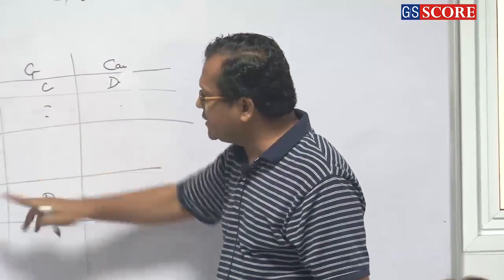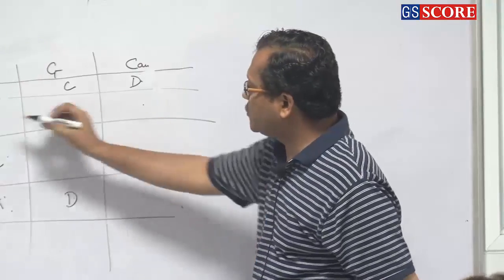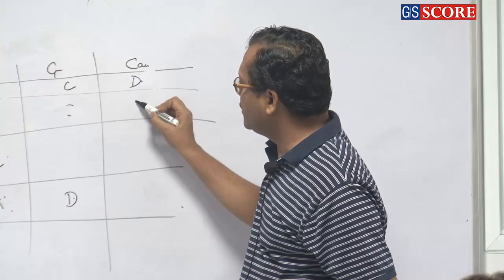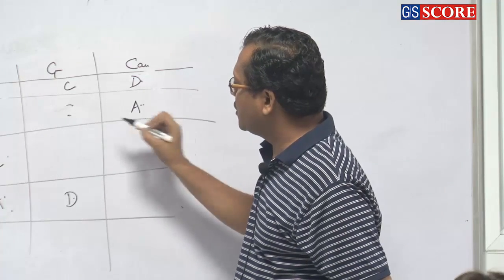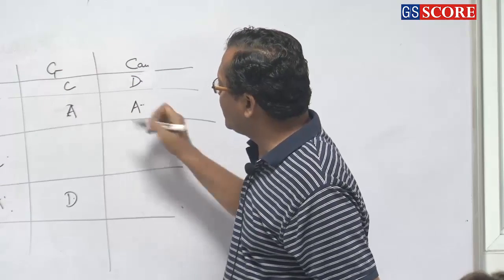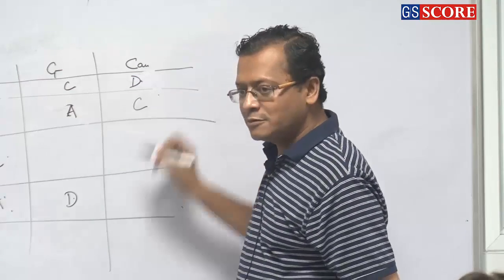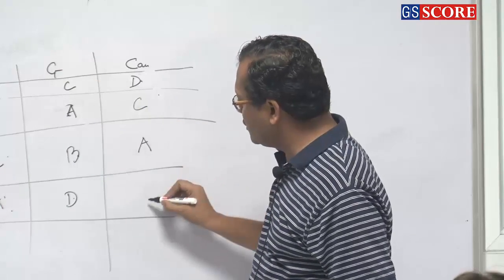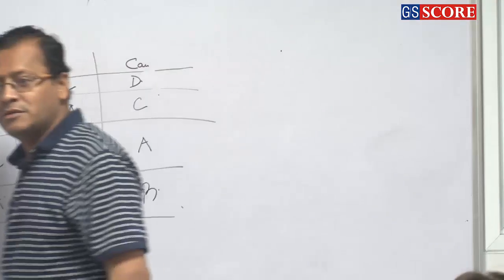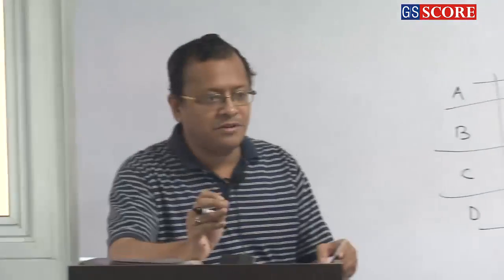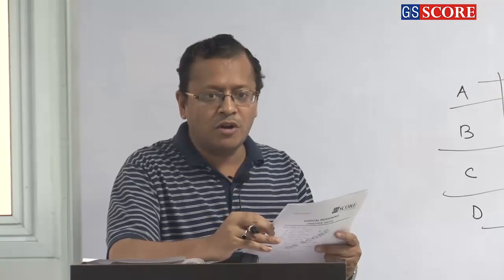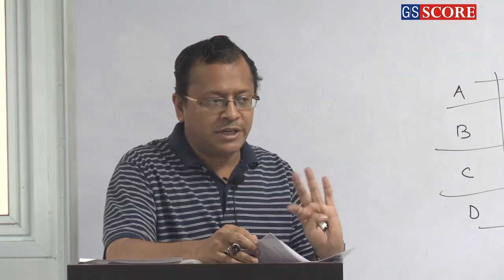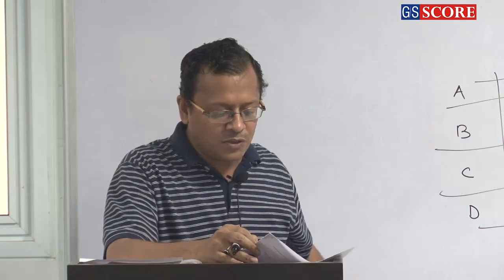Okay, so B, D, C, A. So B, D, C, here it will not be D, so here it will be A, and this will be A and this will be C. Here B, here A, here B. Now correct. A little bit trial and error will happen. One row will have only one ABCD, one column will have only one ABCD. Which I told you, the tick cross method or the Sudoku method, this is one of the methods.